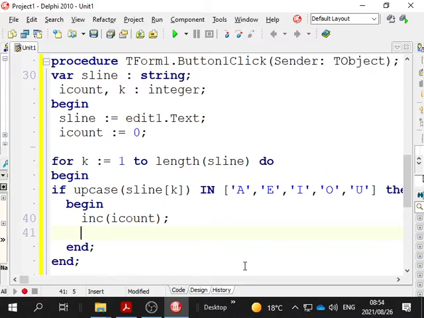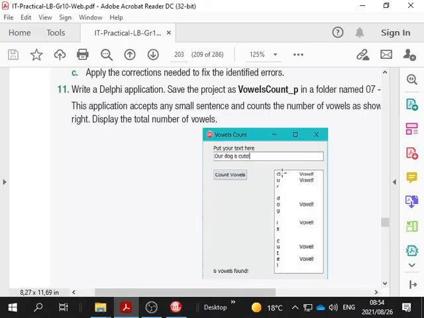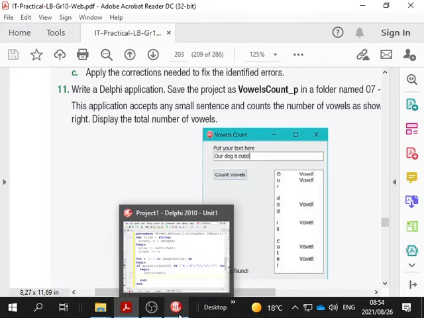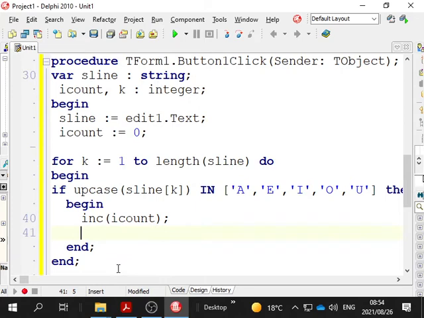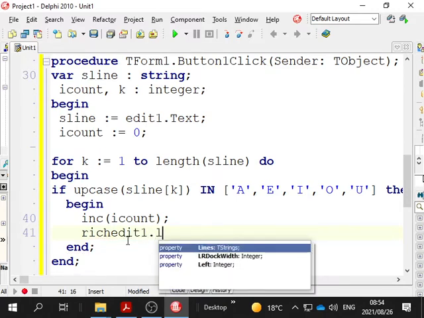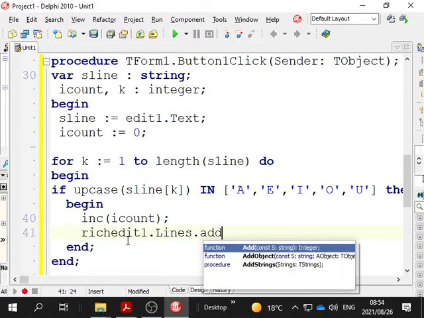We're also going to display the character plus the fact that it's a vowel in the rich edit. So it says we must display the character and the word vowel in the rich edit, so I'm going to do that. Because if it's a vowel, that's what I'm going to do, isn't it? So I'm going to say rich edit 1 dot lines dot add